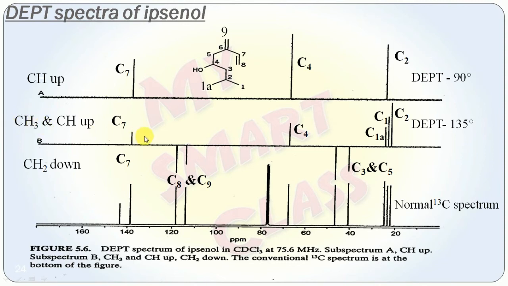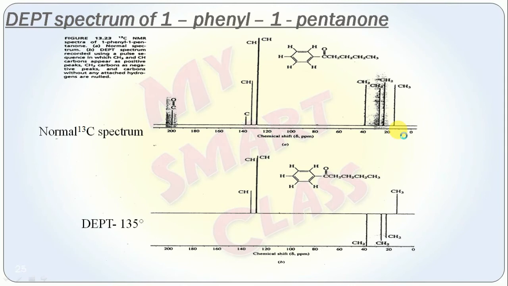Okay, because this is the summation of CH3 and CH. In DEPT 135 the upward signals indicate both CH3 and CH, and the total number of signals is 5. But in DEPT 90 only 3 signals appear, which means DEPT 90 indicates only 3 CH. So what are the remaining two? These remaining two are CH3, and this signal and this signal are for CH, and it is confirmed by DEPT 90.